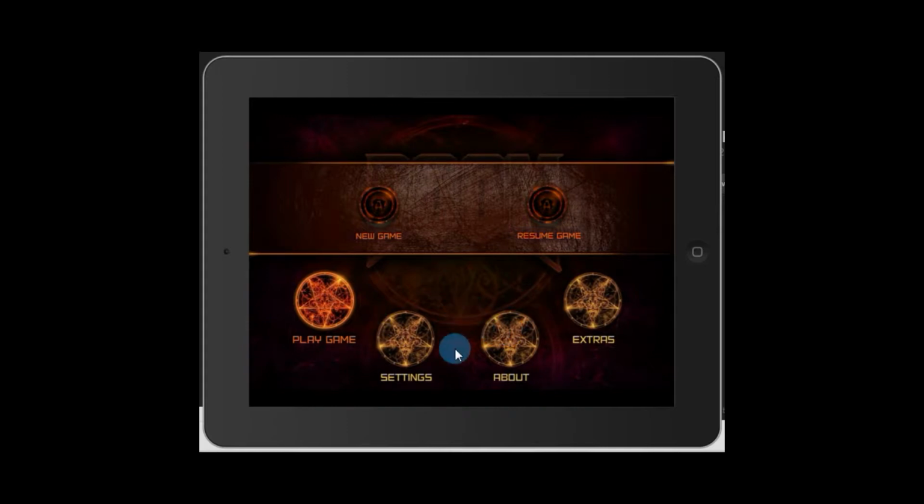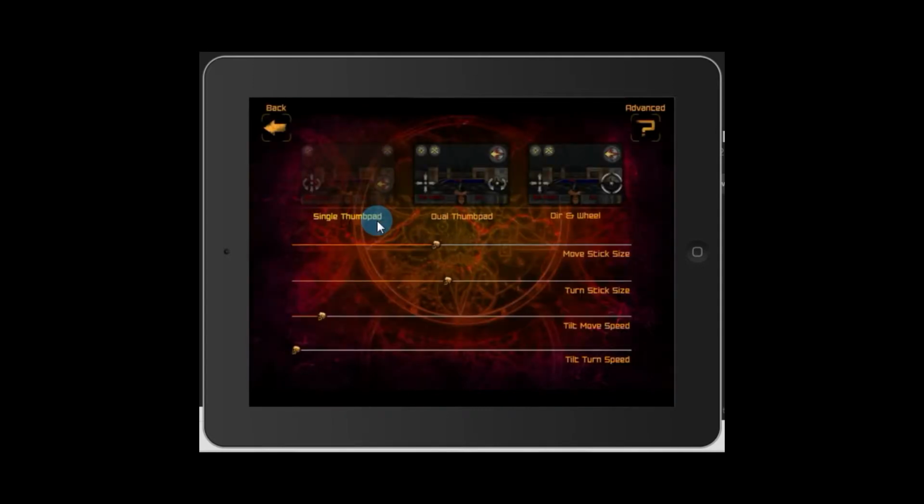One thing you might want to consider is going into settings and going to controls and taking a look at some of the different schemes there. Right now I have it as the single thumb pad scheme. One note on this game: you're probably used to first-person shooters now where you're able to jump over things, and there's a certain amount of vertical panning that you can do up and down. You won't be able to do that in Doom. You move around on a flat plane. You can't jump, and you can't look up and down,